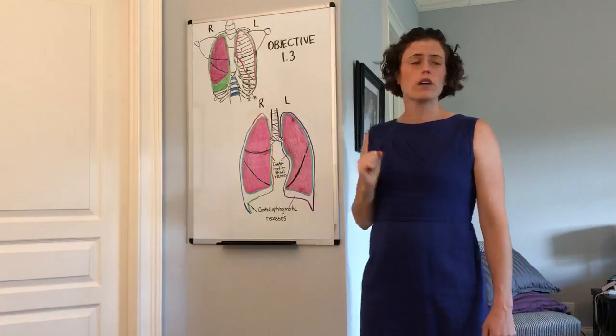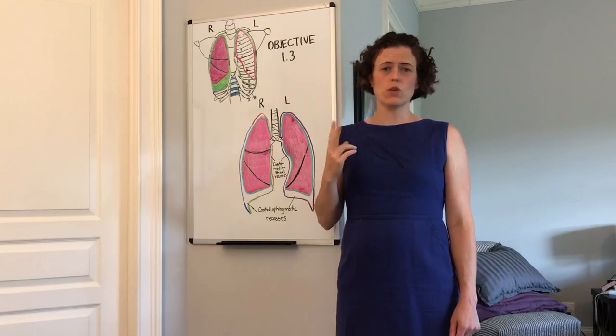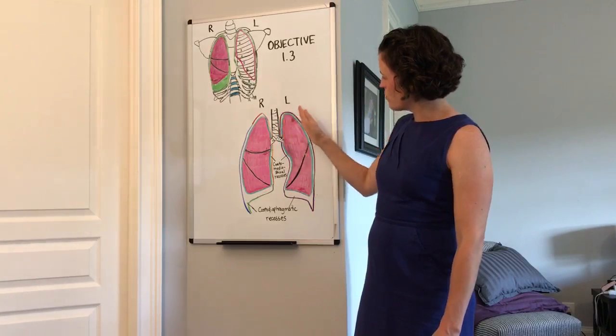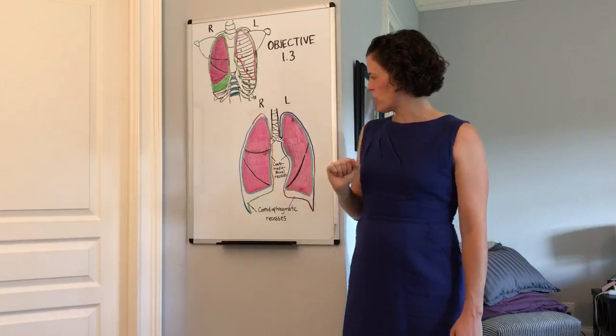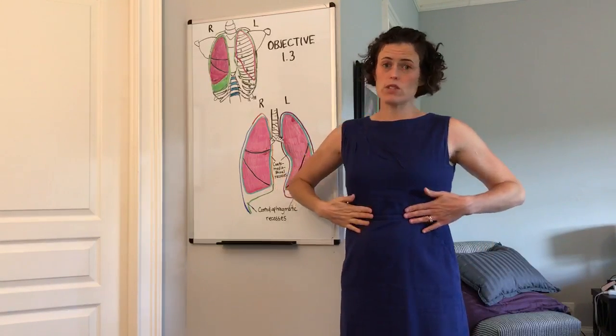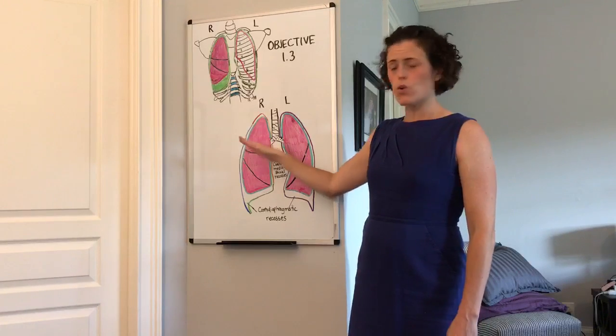Both lungs are enclosed within the pleural sac, a structure consisting of two continuous membranes, the internal visceral pleura, shown here in green, and the parietal pleura, shown here in purple. The visceral pleura covers the surface of the lungs and adheres to all of its surfaces, including within the horizontal